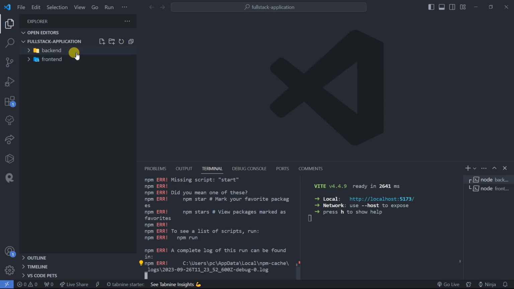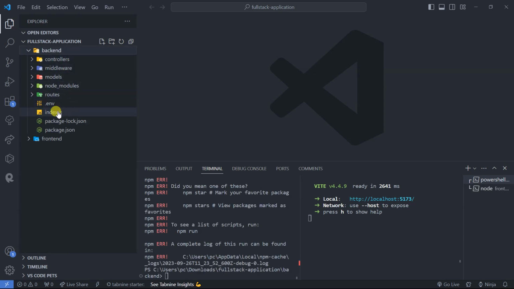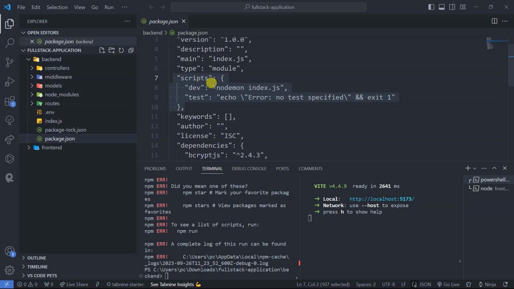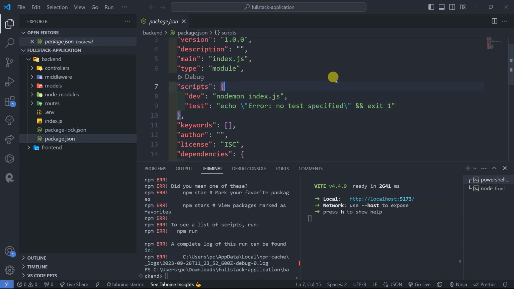So here we have backend. It's npm start, npm start. Let's see if it crash. I have to check here in the package JSON. Let's see, the script is dev. Okay, so if I put here start,